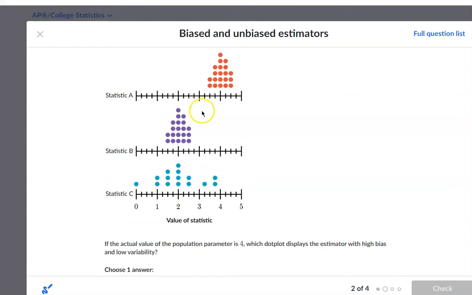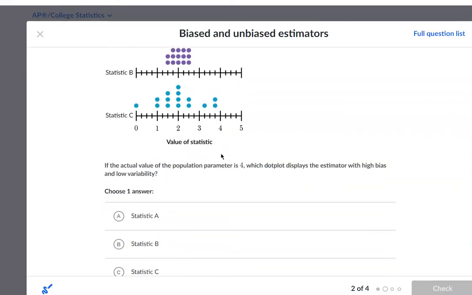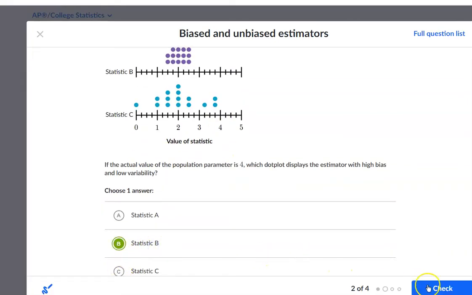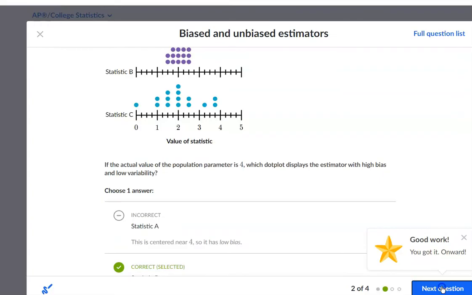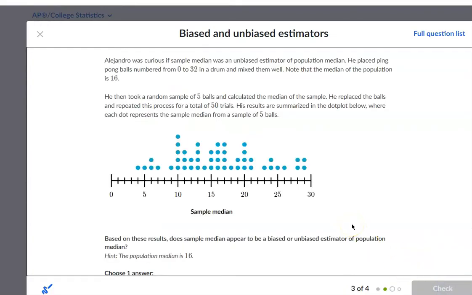All right, I hope you said statistic B. If you see how they're pretty close together, that indicates low variability, but it's not centered around 4, so it's not very accurate. Okay,